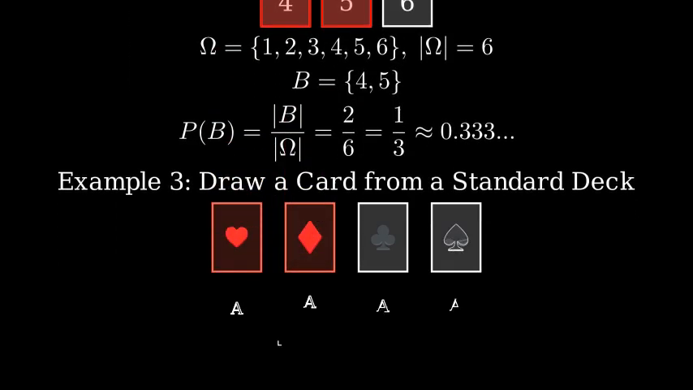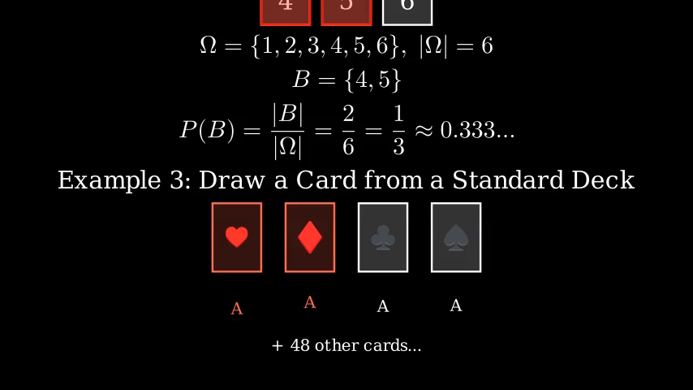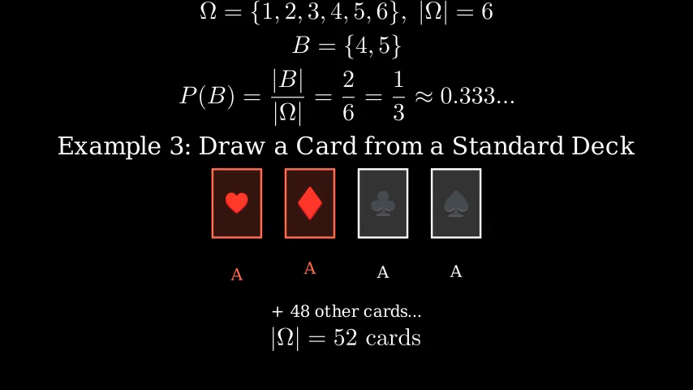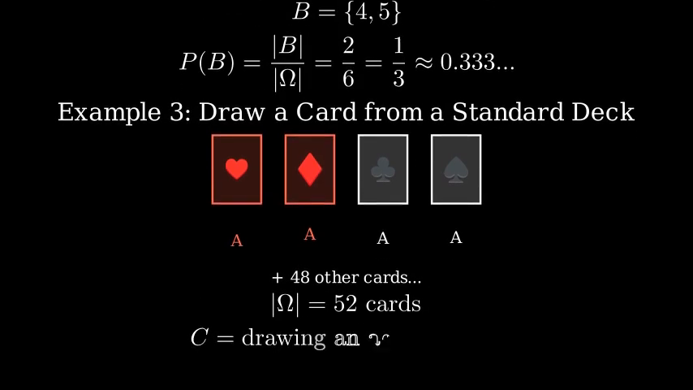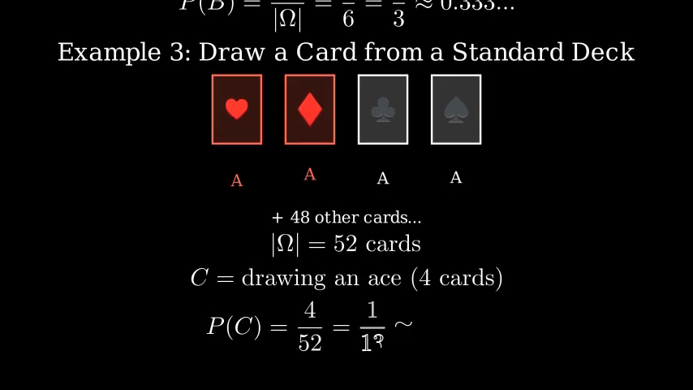A standard deck contains 52 cards, with 13 cards in each of the 4 suits: hearts, diamonds, clubs, and spades. Our sample space consists of all 52 cards in the deck. Let's define event C as drawing an ace. There are 4 aces in the deck, 1 in each suit. The probability of drawing an ace is the number of aces, which is 4, divided by the total number of cards, which is 52. This simplifies to 1/13, or approximately